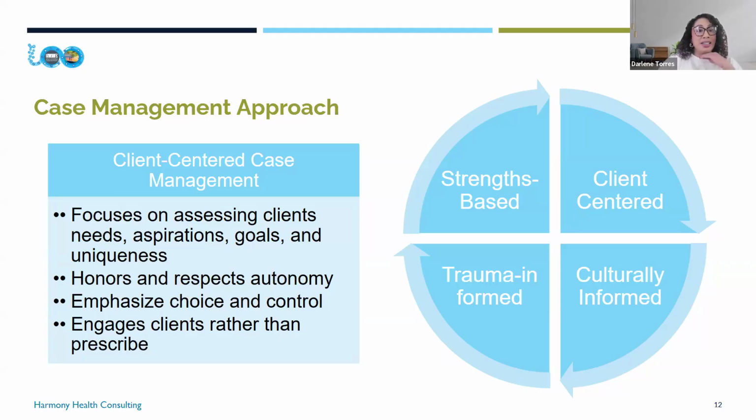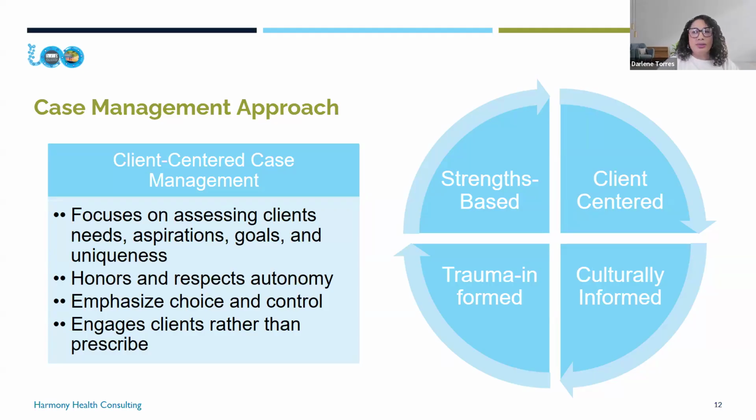So for us, maybe, you know, that they're living in their cars is a problem, and we want to make sure that we address that first. But if that's not an identified concern for our client or our patient, it's important for us to make sure that we're honoring what is valuable to them. So taking that step back and making sure that our own biases are not involved in this process. Honoring and respecting their autonomy. So again, making sure that we're seeing things from their lens and not our own. And our role is to support and not direct the work that's being done.